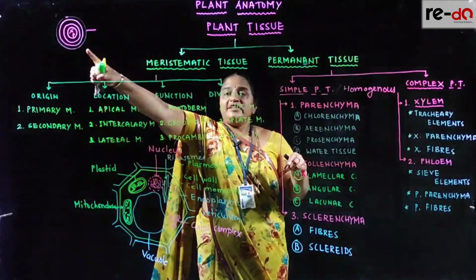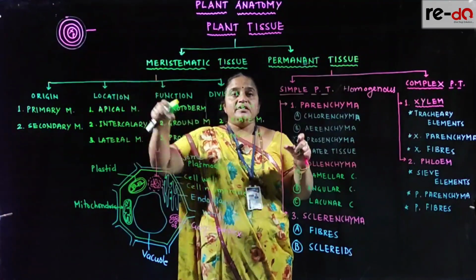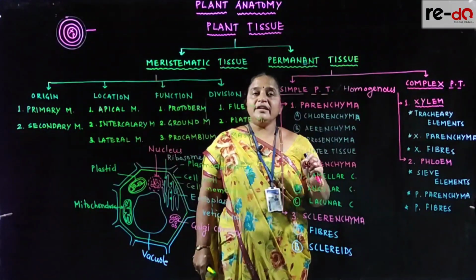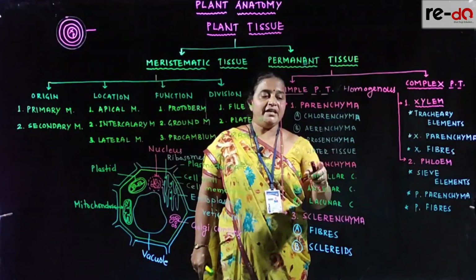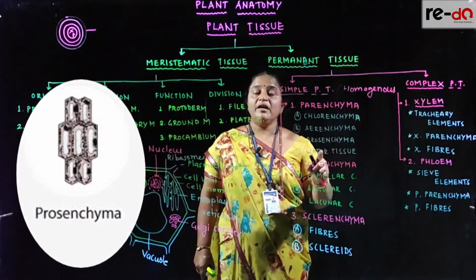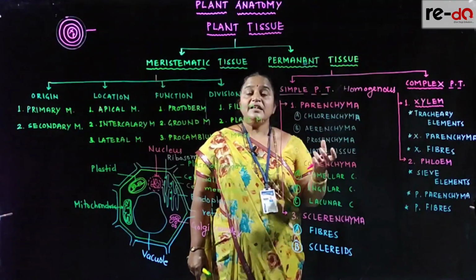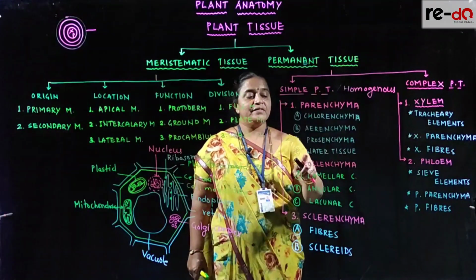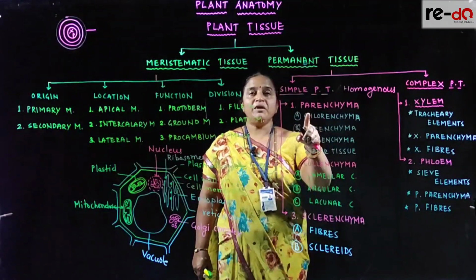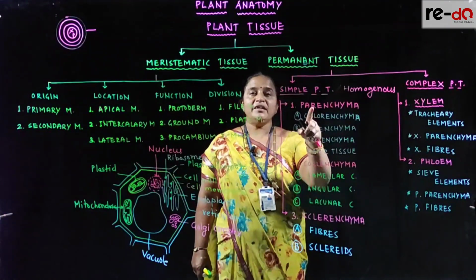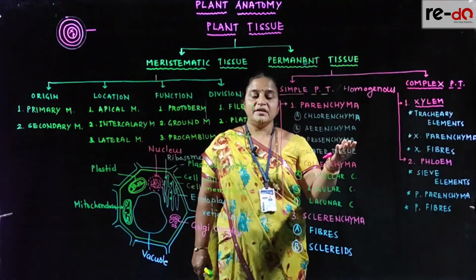Then in the cortex region, what I have shown here, where parenchyma cells are storing food material, it is said to be prosenchyma. And in cactus or xerophytes, the plants living in deserts, they store water, so it is water tissue. So based on the functions, parenchyma is modified, right? Then